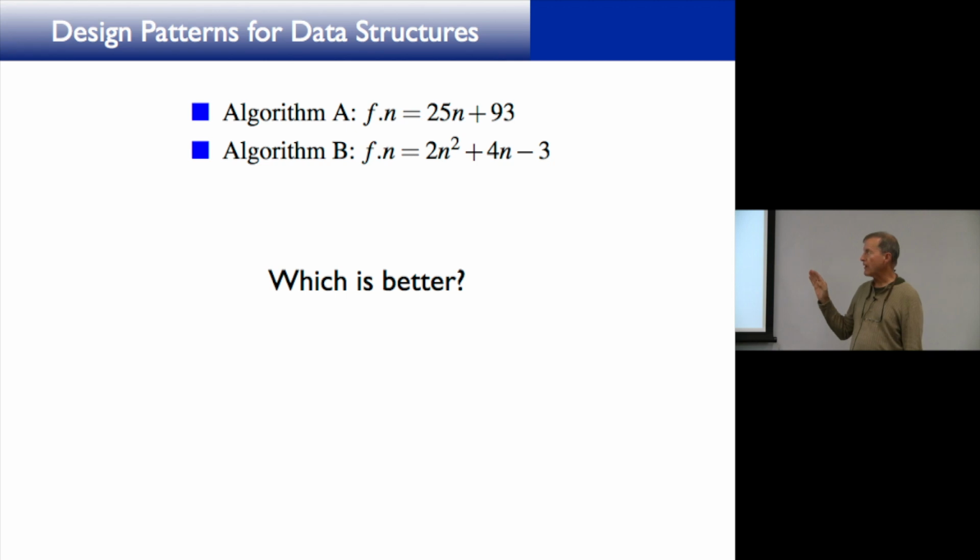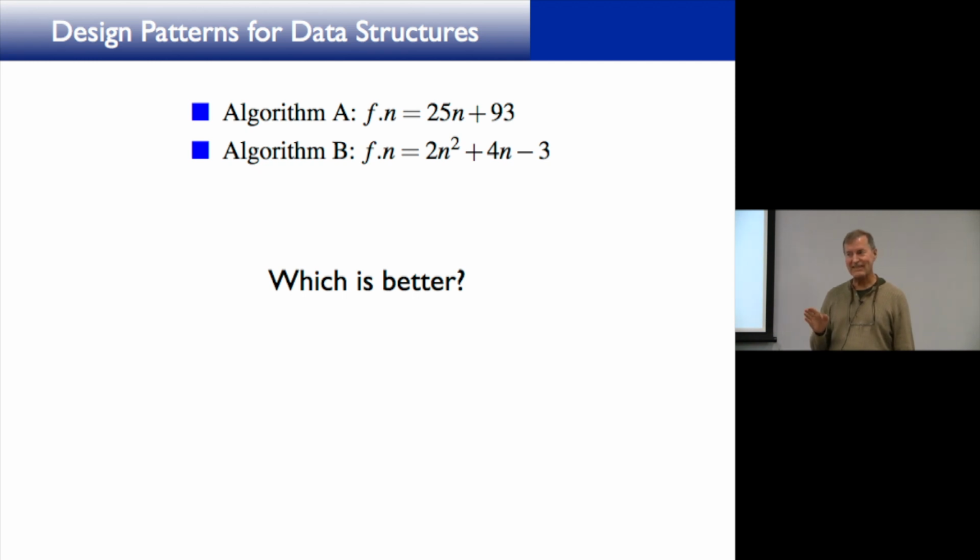Suppose you have algorithm A and you do a statement execution count and it's f(n) equals 25n plus 93. And algorithm B, you do a statement execution count with that one and it's f(n) equals 2n squared plus 4n minus 3. And the big question is, which one of these is better? Like if you were a customer, would you rather buy,